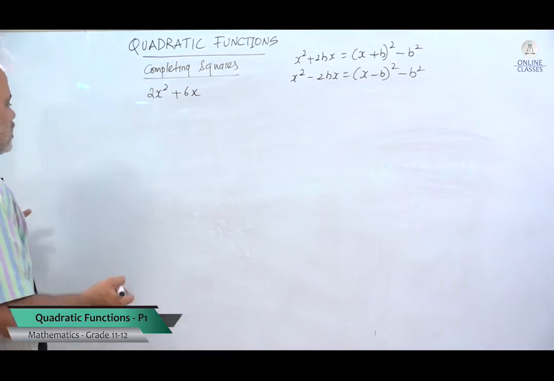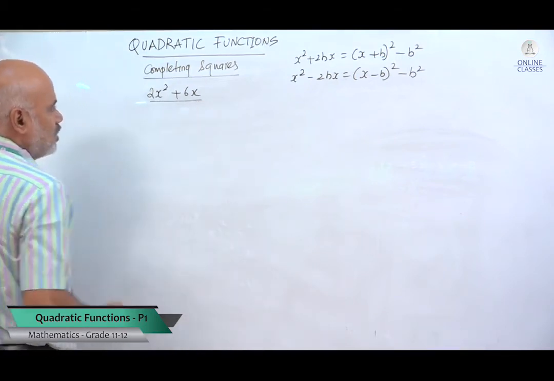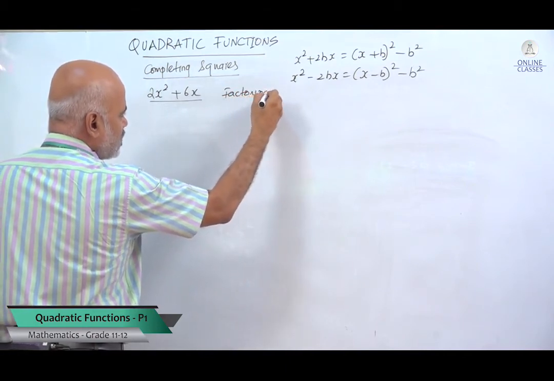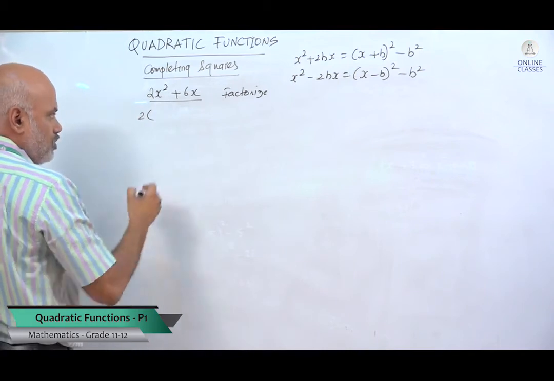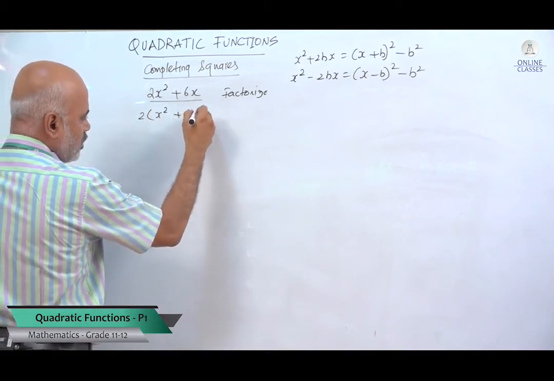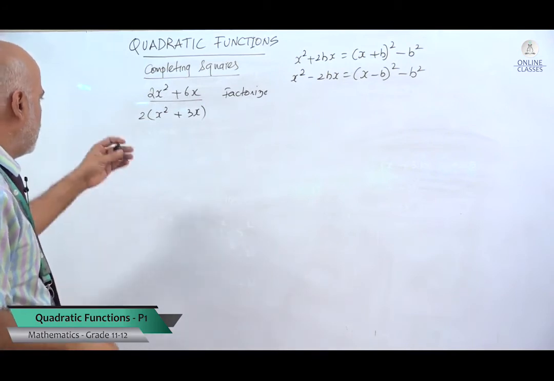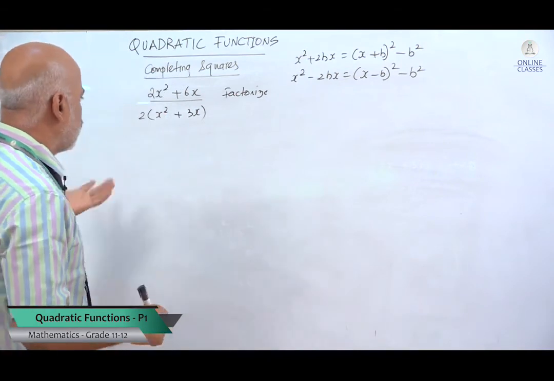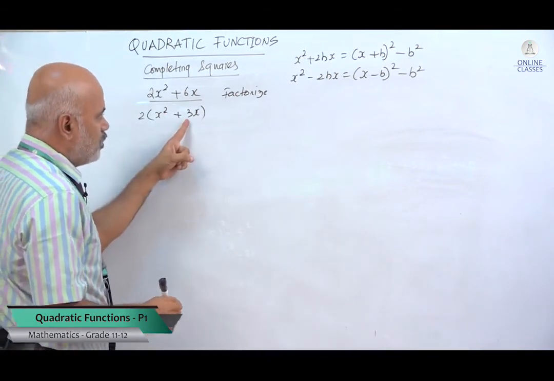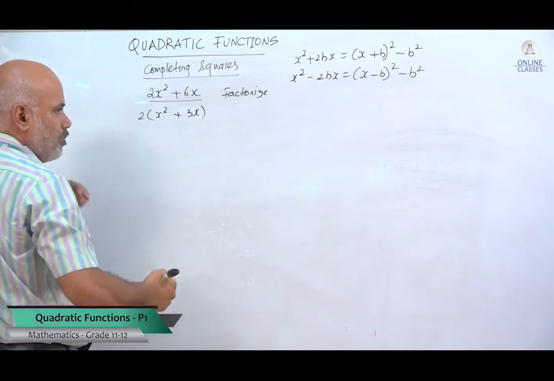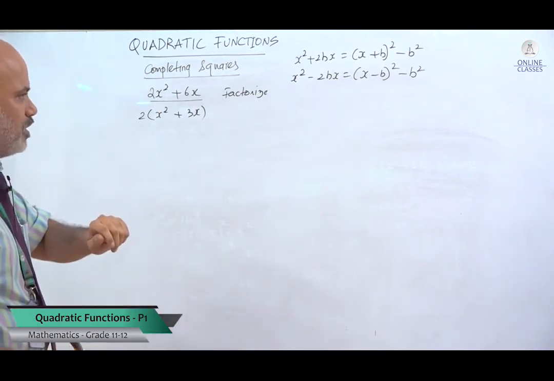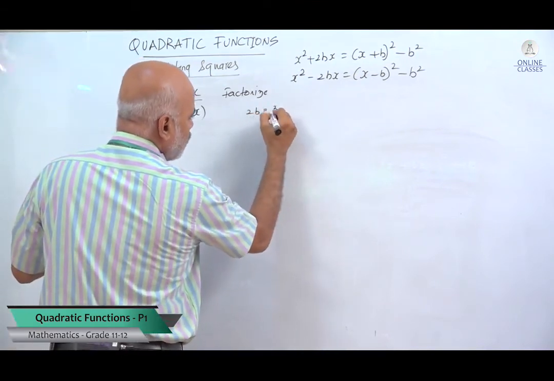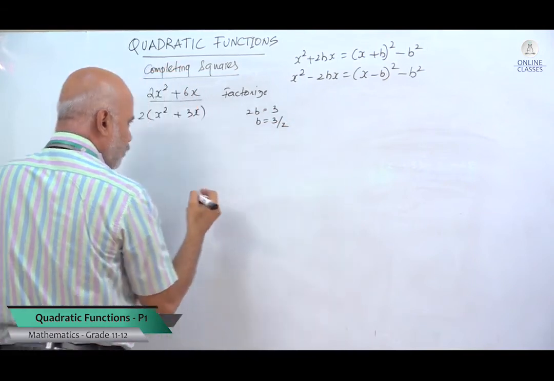So what can we do in this case? We can factorize. The first step, always factorize separately. So take the 2 outside. So x square plus 3x. Fine, I have done that. Now what is next? Now it looks like the similar format of this. So how can I do that? But remember that here 2b is what? Here 2b is 3. Previously we had even numbers, so b was a whole integer. But in this case, 2b is 3. So b is 3 by 2.